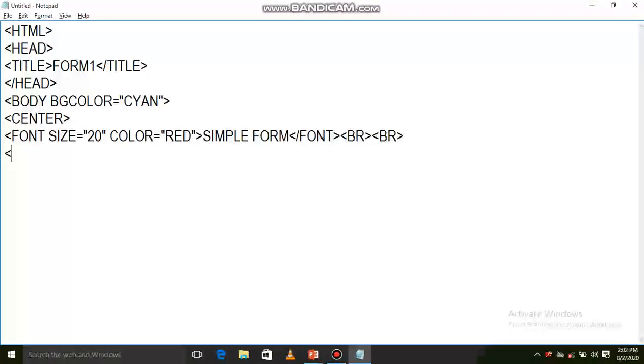Next label, label for is equal to first name. Here first name, label close.